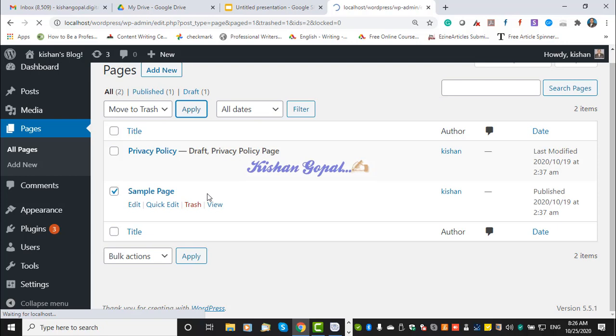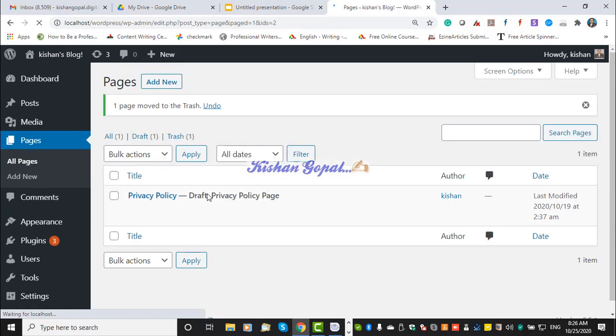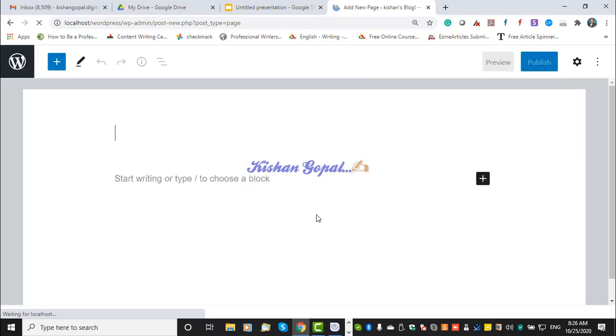Now I will be creating the pages that I want. For the time being, I have created pages like page 1, page 2, page 3, page 4. Usually we need a home page first, then we need a contact us page, then we need a blog page where we will be posting our regular updates, and we need a site policies page. The site policies page is very important, and I'll explain when I'm creating that page. Now for the time being, let us create some pages.